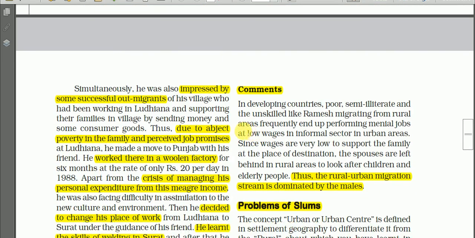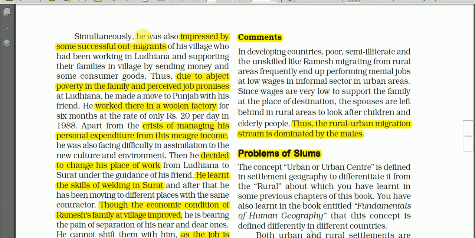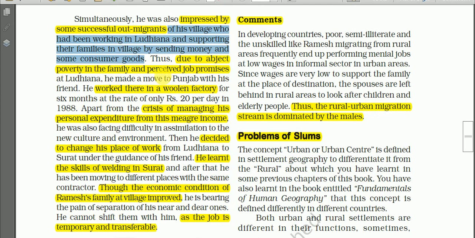So simultaneously, he was also impressed by some successful out-migrants of his village who had been working in Ludhiana in Punjab and supporting their families in the village by sending remittances and some consumer goods, and thus, due to abject poverty